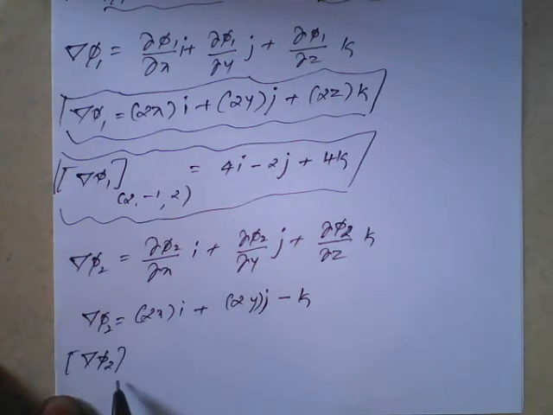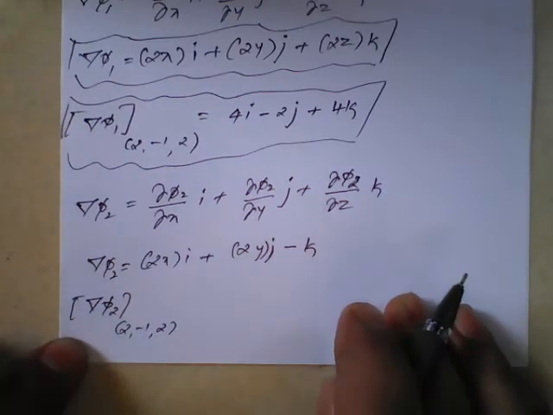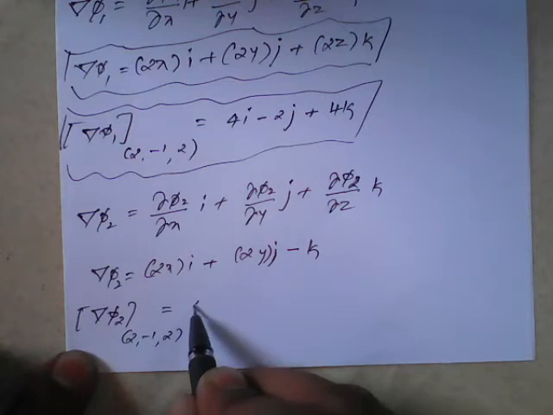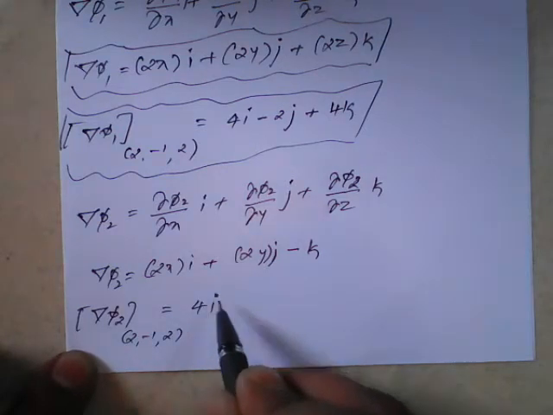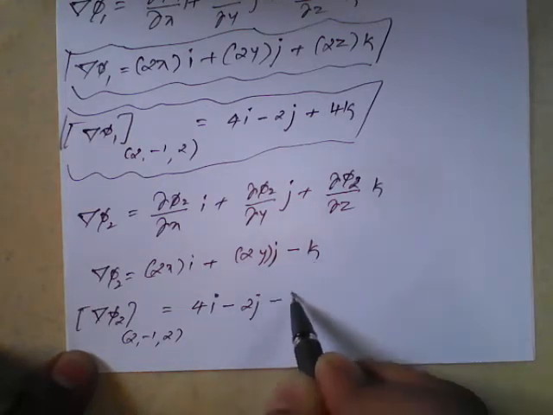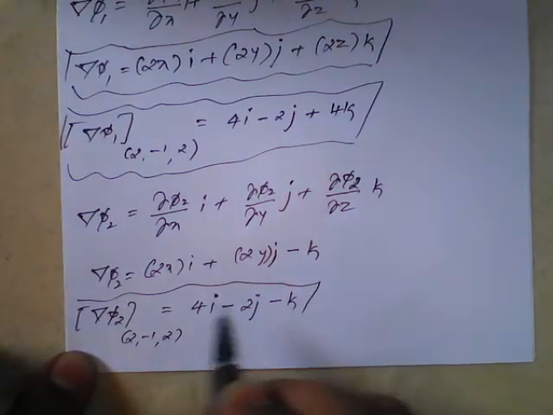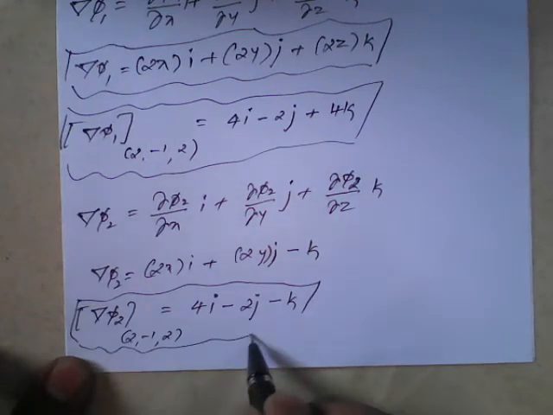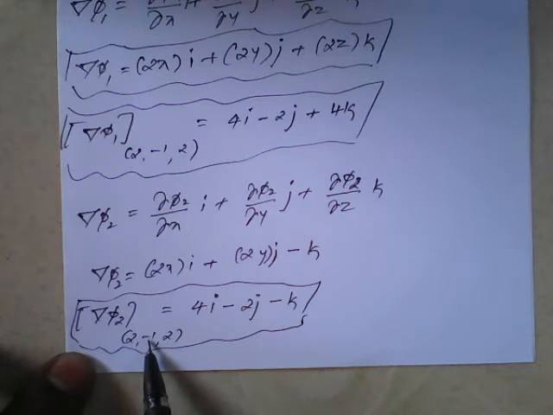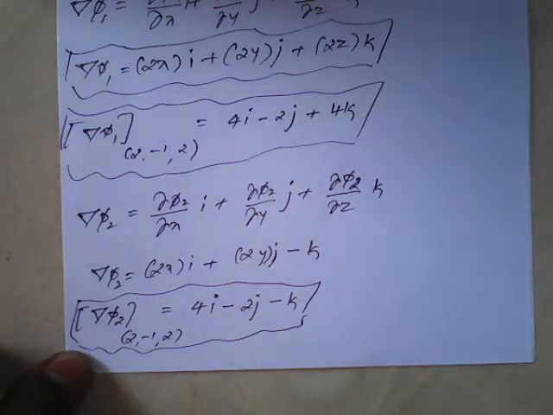So the point is (2, -1, 2). Therefore 2 2s are 4, so 4i minus 2j, and here no value means keep this one as it is. So we got two values, that is del phi 1 and del phi 2. As we know, the formula for